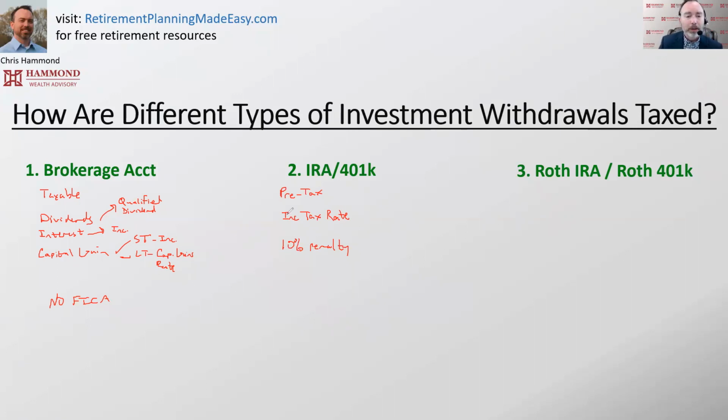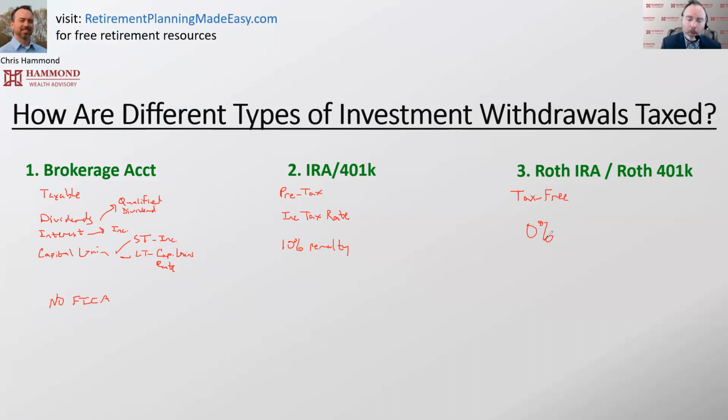That's how that works. Whereas with the brokerage accounts, you have some things that are taxed at the income tax rate that you're in, but you have some things that might be long-term capital gains or qualified dividends. So there are some differences already that you're seeing. Now, the last one is the Roth, and since you have already paid tax on it, the money that has grown comes out tax-free at that point. So you pay 0% tax on those, as long as you followed the rules like the 5-year rule, things like that we're not going to go into right here.